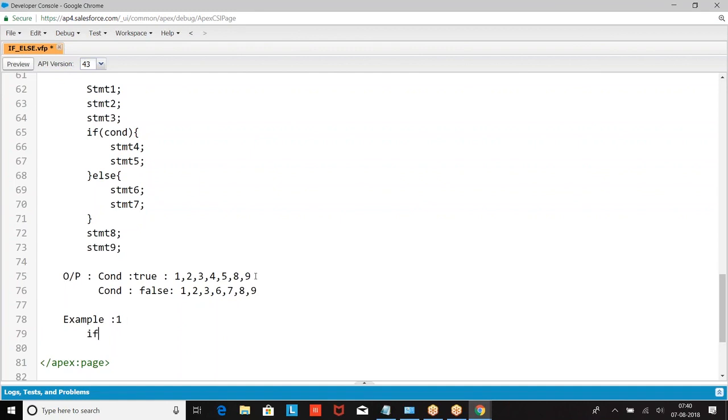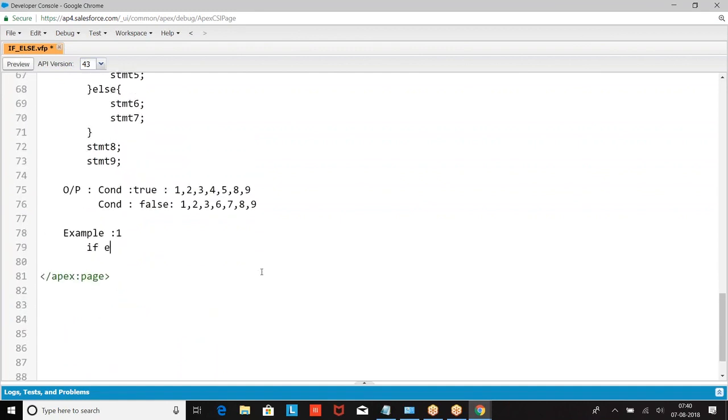My example is: if experience is more than 5 years, then set salary as 50K, bonus as 5K and TA as 5.